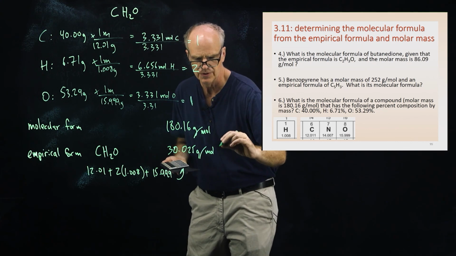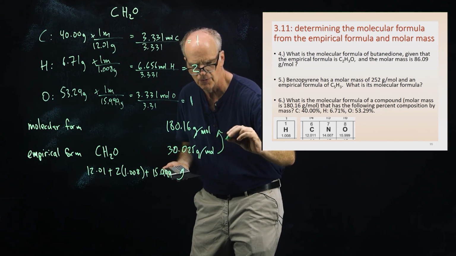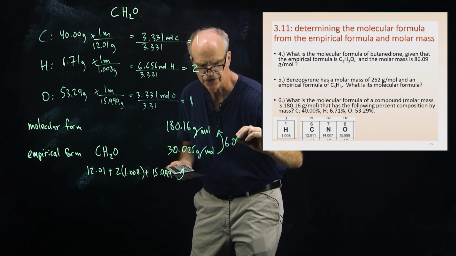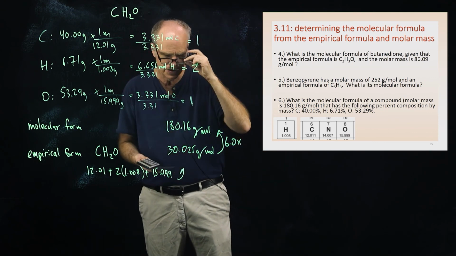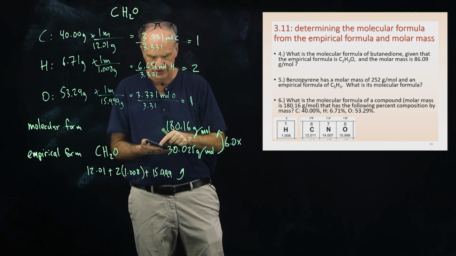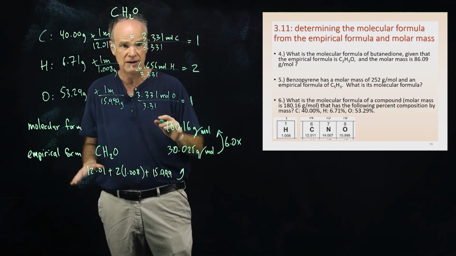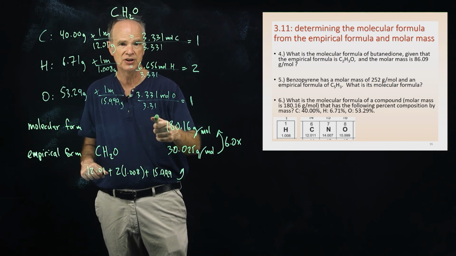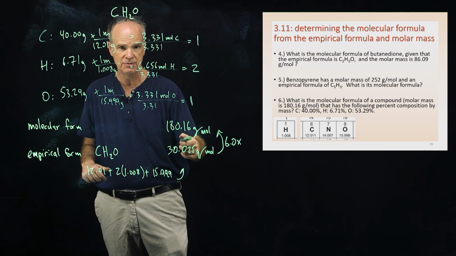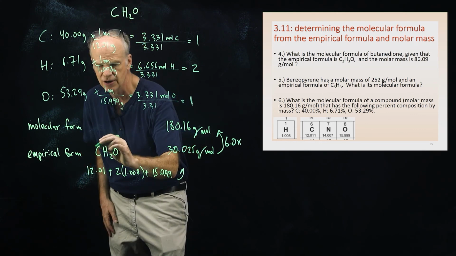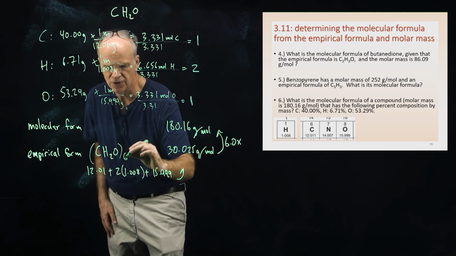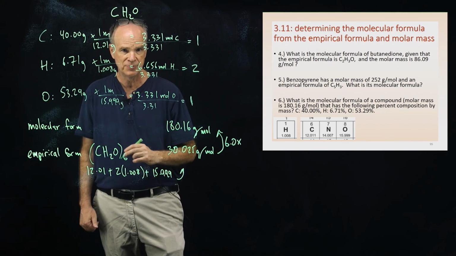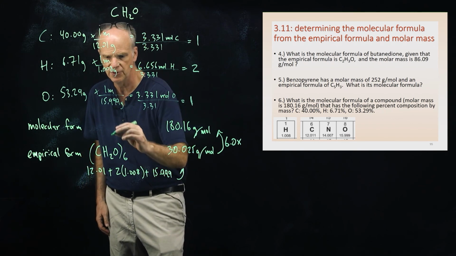Okay, so this is almost exactly 6 times greater than the empirical formula. So we can figure out what the molecular formula is at this point. We know that the mass of the molecular compound is 6 times greater than that of the empirical compound. Therefore, we take this formula, multiply each of these subscripts by 6, and that should be the molecular formula. So the molecular formula should be